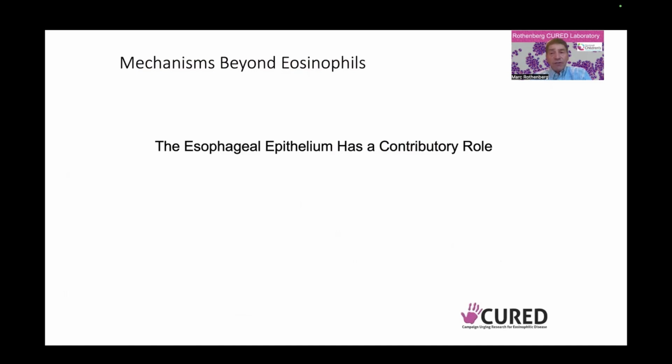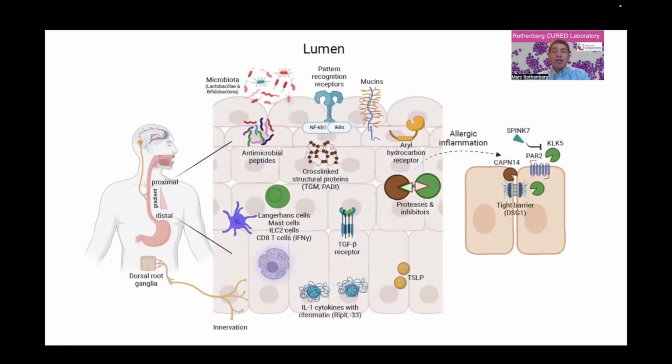Thinking beyond eosinophils, it's important to note that the epithelium of the esophagus has a contributory role for the disease. My colleagues and I have spent many years working on understanding this complex tissue. We now know that the esophagus isn't just simply a conduit to pass food from the mouth to the stomach, but it's actively involved in homeostasis and protection of the host, a person, from the foreign substance, the food,